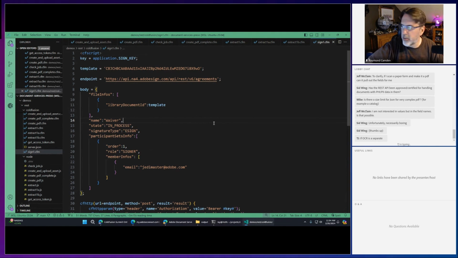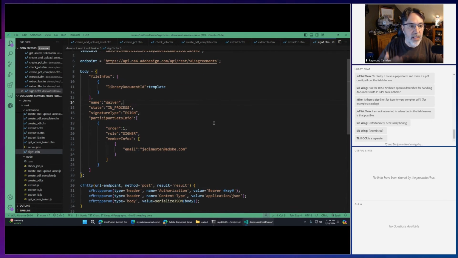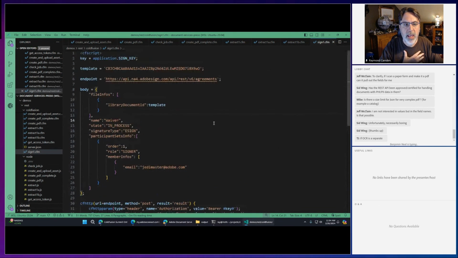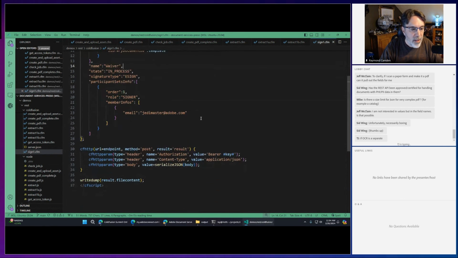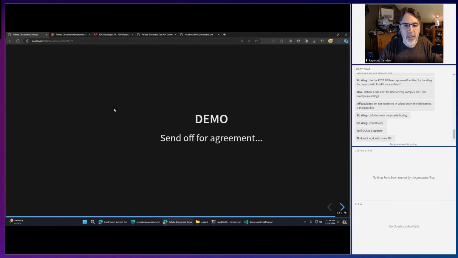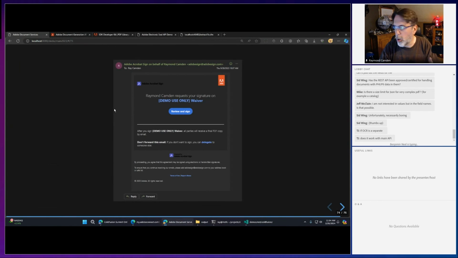And I checked the docs, and within half hour, it worked. So it just ran. And in the repository that you can get my sample code, if you need an example of how to send a PDF off to be signed, 35 lines of code, 36, incredibly simple. And then once you've done that, it will show up in the person's email saying, hey, you need to sign